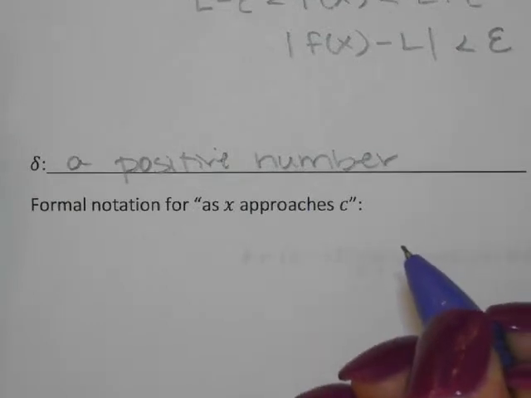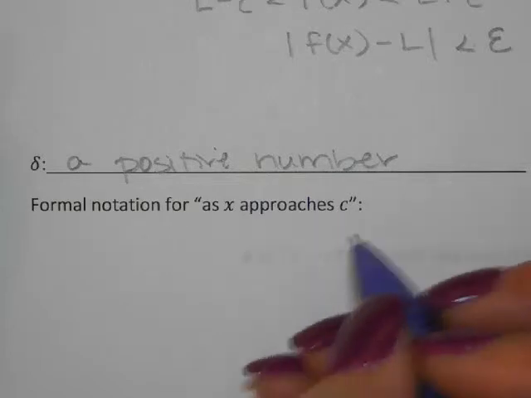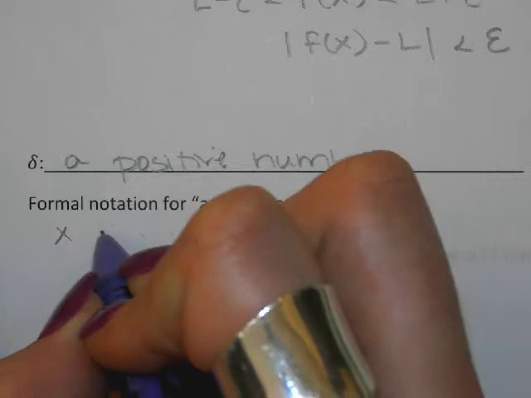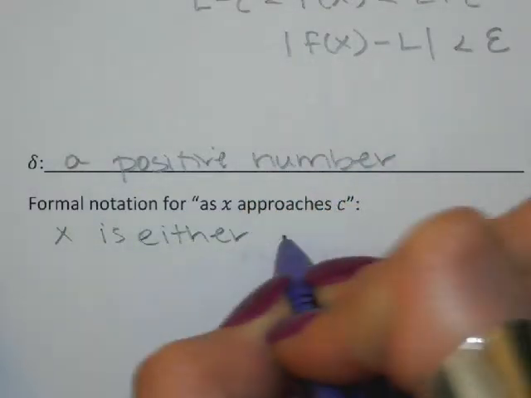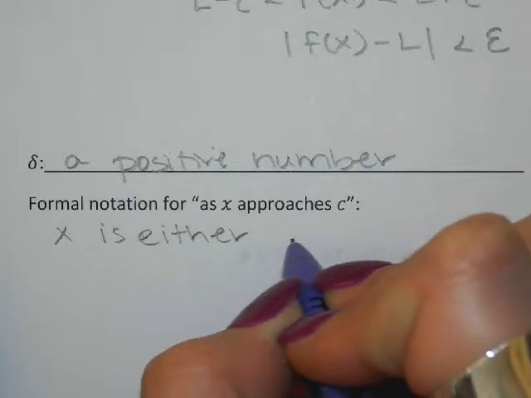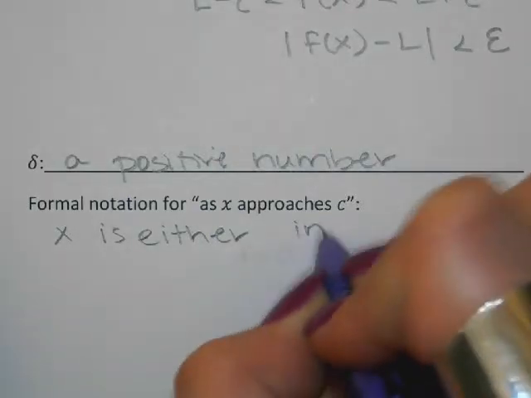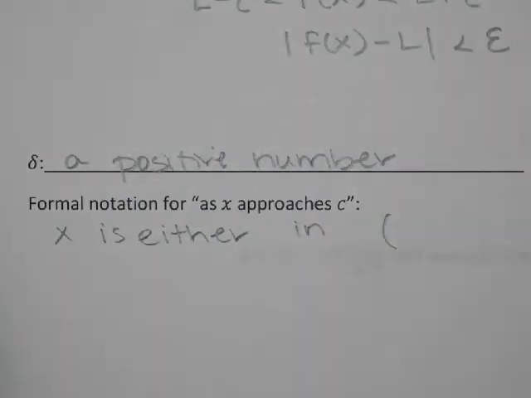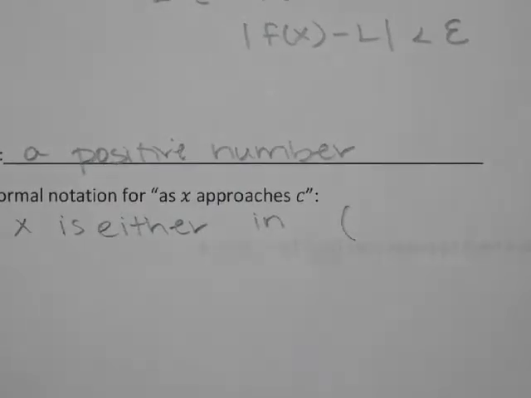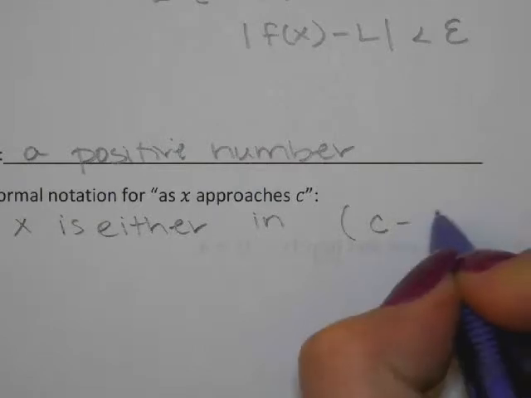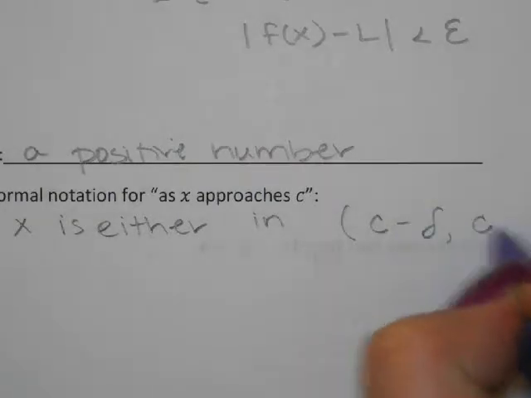So, the formal notation for x approaches c means that x is either in the interval, so this is me saying like these are x values, right? Kind of like a domain. It's either in the interval c minus delta to c,